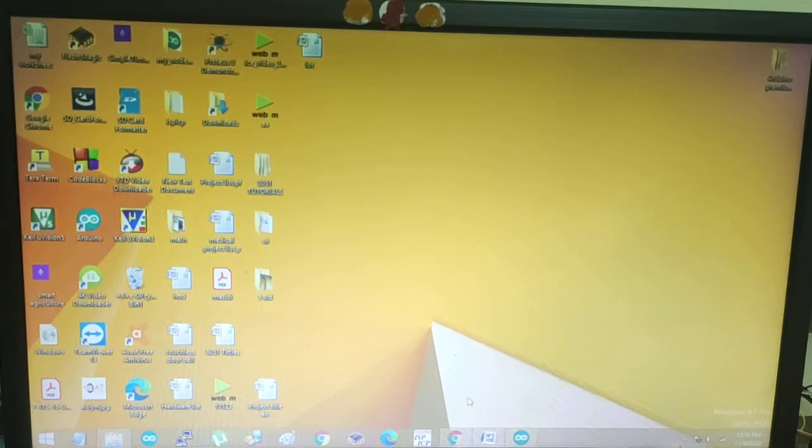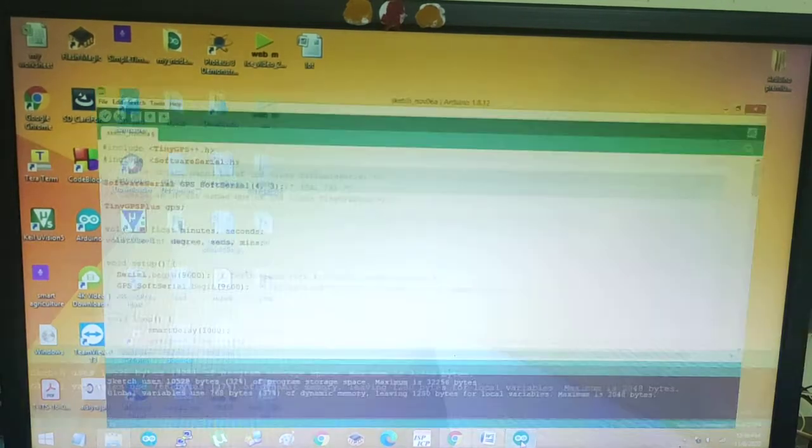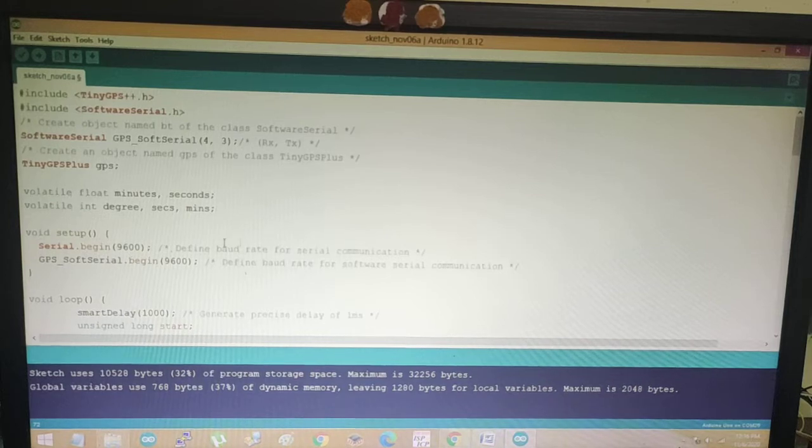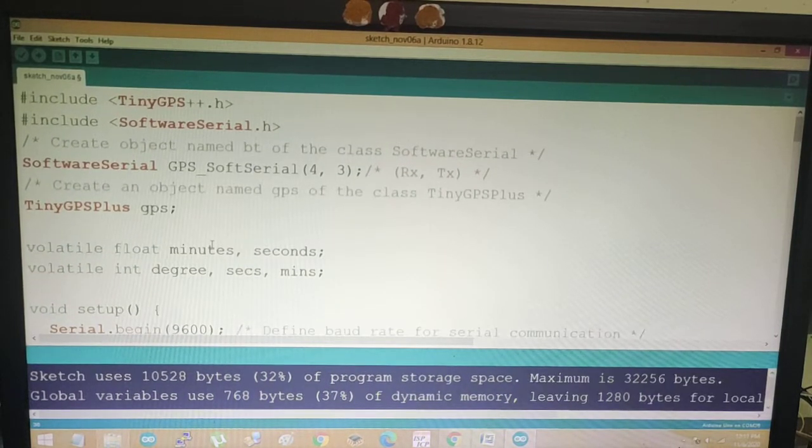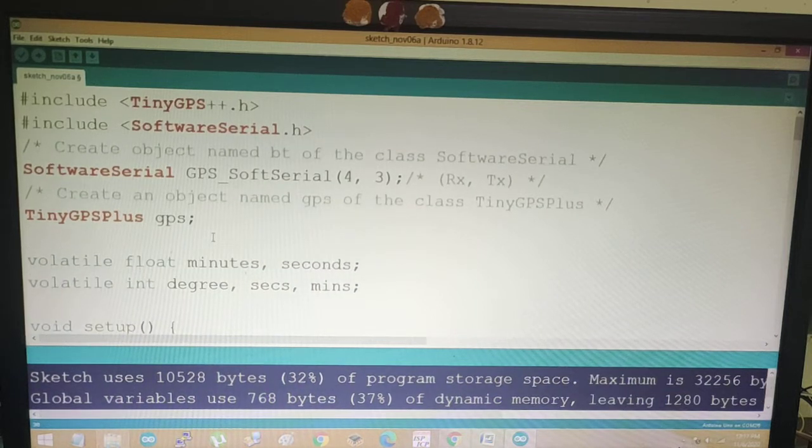Now let's start. I have already written the code. Okay, so this is our code. I am increasing the font size so that it will be easily recognizable by you on camera and mobile. You know how to open the Arduino IDE and create a new file, and then you have to copy this code.